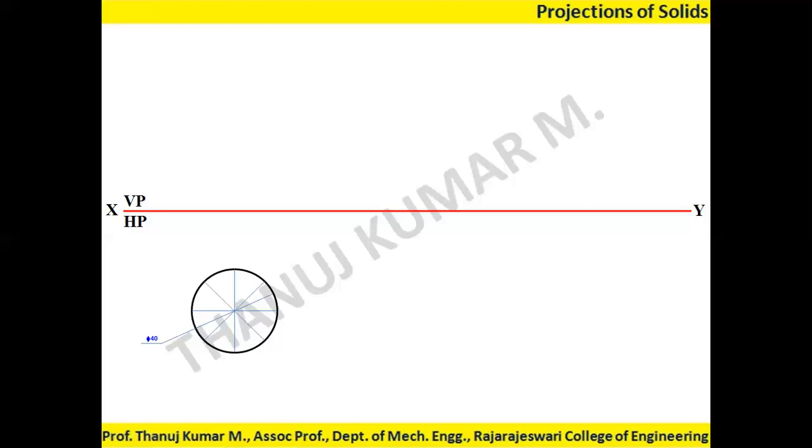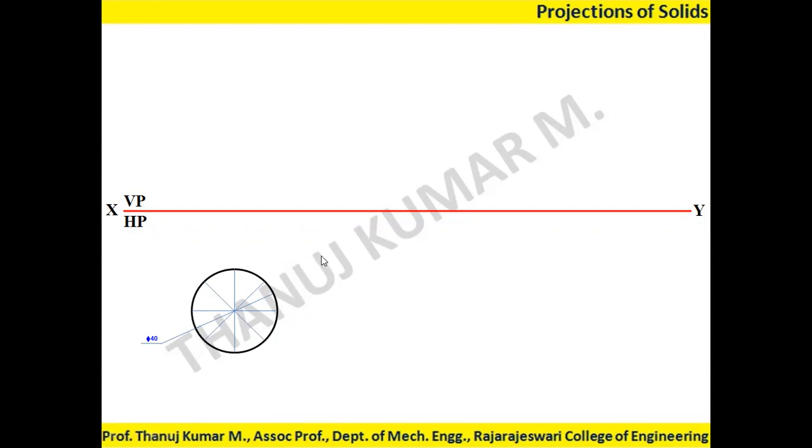Why we take these generators is because when the cylinder is inclined at certain angles with respect to HP and VP, we need to draw some curved lines. To draw these curved lines, we require French curves. Minimum 3 points are used with a French curve. We can draw smooth curved lines. To get smooth curved lines, minimum 3 points are required. So to have a very good smooth curve, we need a minimum of 8 generators. Because of that reason, we have taken 8 generators here.